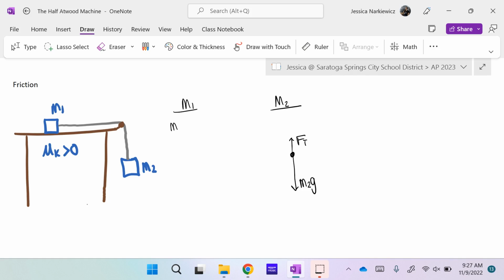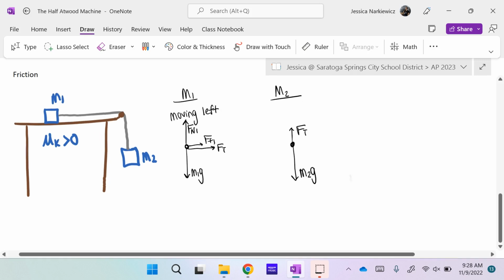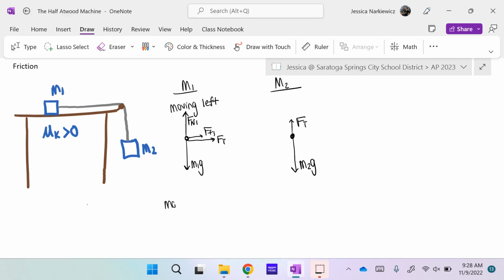So let's say I am moving leftward. Okay? Friction is always going to point opposite the direction of motion. So if I'm moving left, then that means friction has to point to the right, along with tension. Whereas if I'm moving to the right,